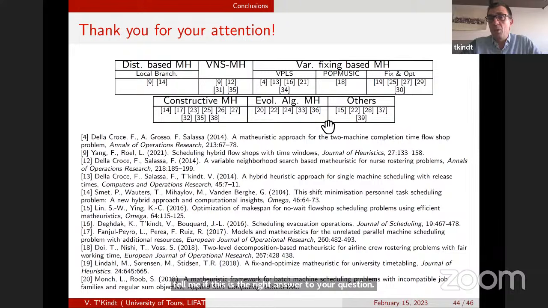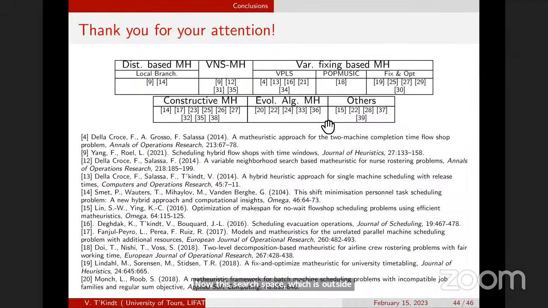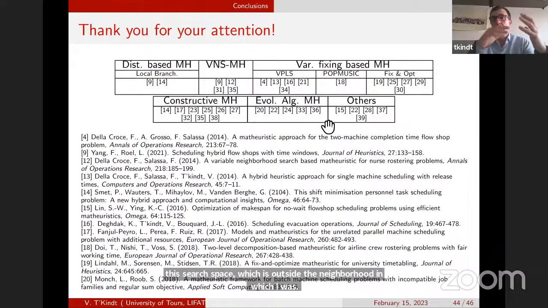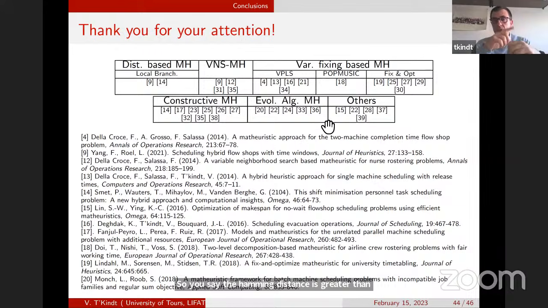I think that in local branching, when you go on the branch on the right, you say, I want to explore now the search space which is outside the neighborhood in which I was. So you say the Hamming distance is greater than K. And you re-optimize, trying to be at most at distance K from the best known solution. When you do that, you somehow withdraw some part of the search space that you forbid, because you keep all the previous constraints, especially the constraints saying I want to be at least K changes from the previous solution on the branches on the right.